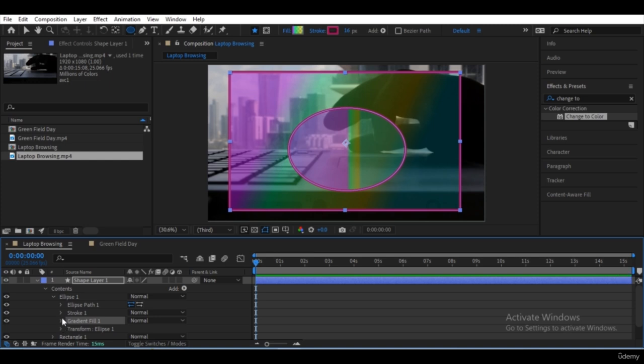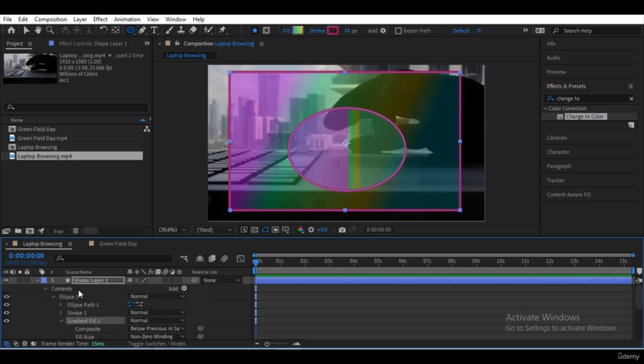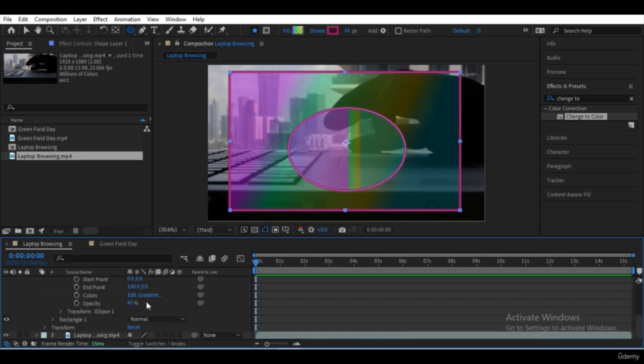We can also change the gradient in here by clicking the drop-down menu of gradient fill of the ellipse layer and modify it just like what you want.